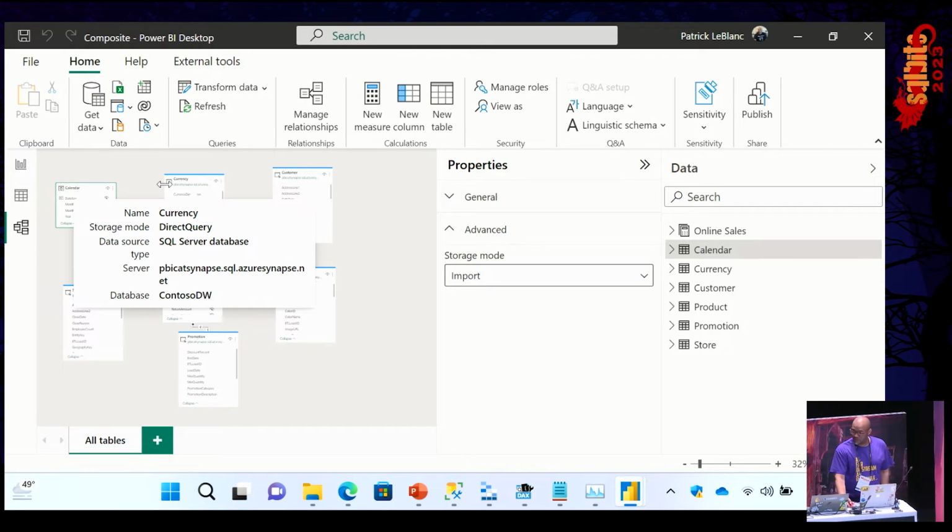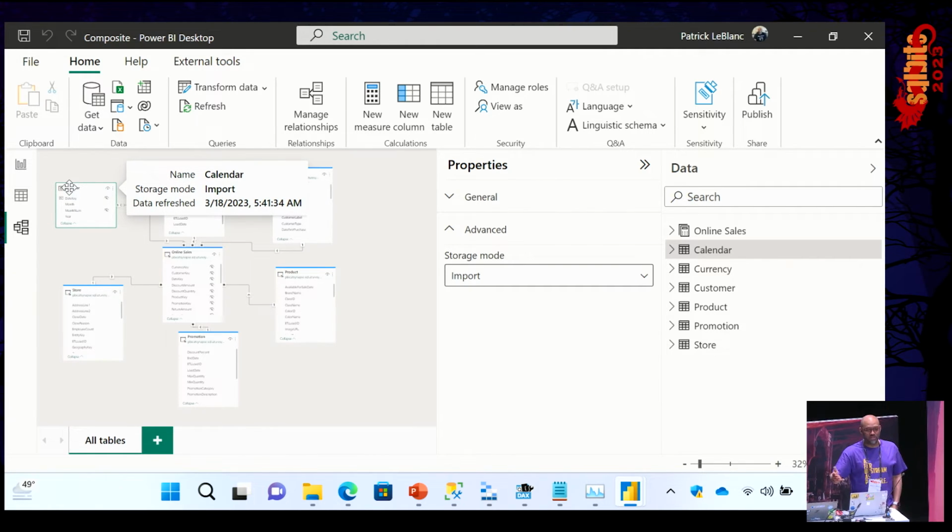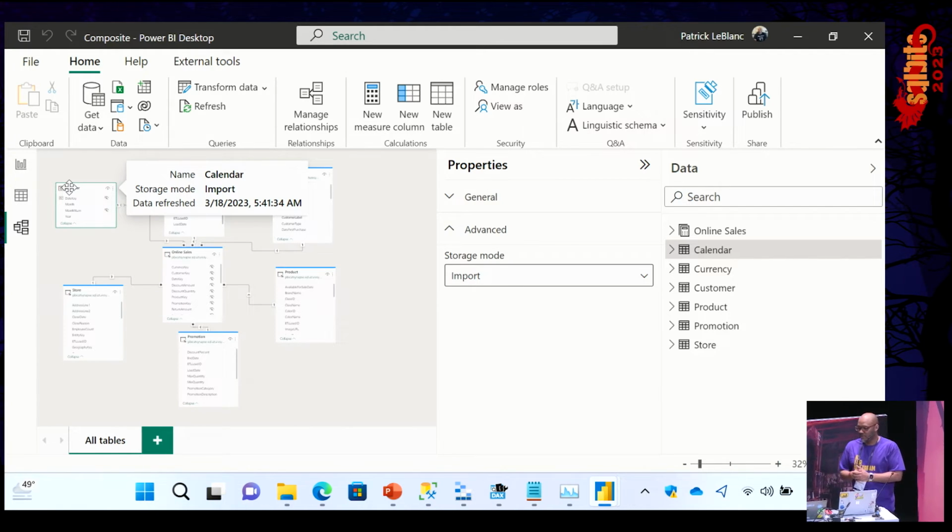And that is not efficient. And you can see how I'm hovering over this table. It knows about it. But if I go to the calendar table, it doesn't know about the source. So it says, I don't know what to do with this, so I'm going to make my own table in SQL for you. And it can take a really long time for that to work.